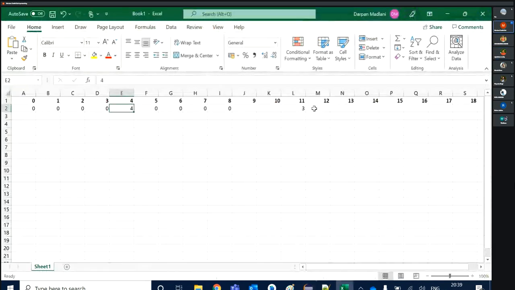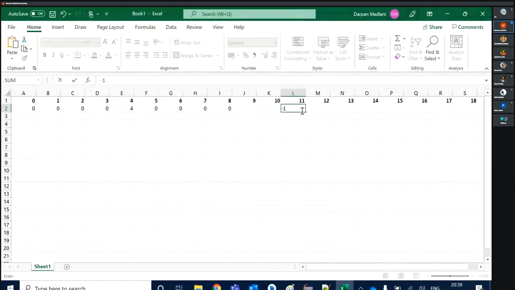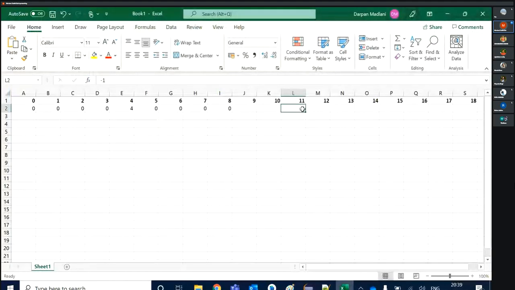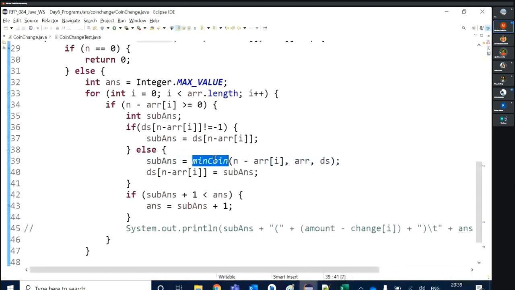If minus 1 was stored and I'm getting the answer 3 with this minimum coin method, at that time only I need to override this 3 value to 1. Otherwise I don't need to override.